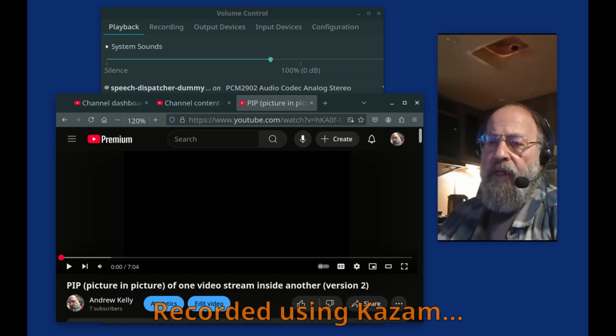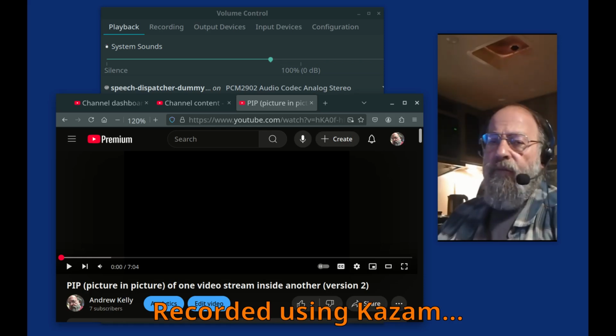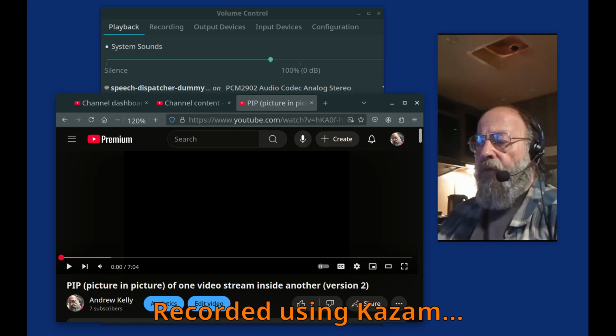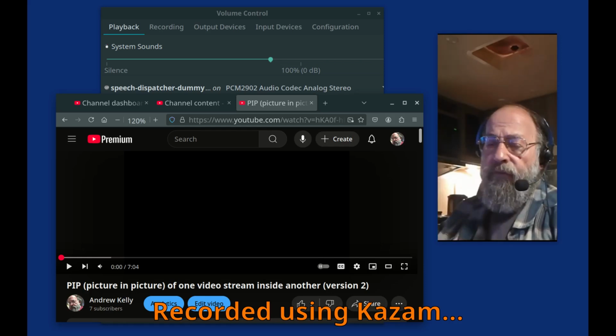At first glance, Simple Screen Recorder does not seem to actually record, or does it in such a way that doesn't work, because even though you can hear the primary source of audio for Simple Screen Recorder just fine,